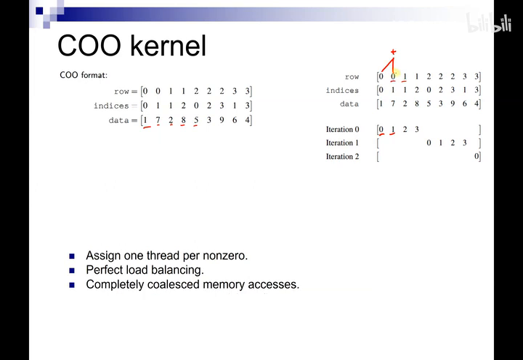So as an example, if you have these 2 threads, when they're being paired, they actually should not add together their values because this value is from row 0 and this is from row 1. Now these 2 things should get added because they're both from row 1. But for this pair of nodes, they don't add because they're from different rows. These 2 things are going to add because they're from the same row, and these 2 things are going to add because they're from the same row. The 2, 3 don't add, and the 3, 3 they do add. Okay. So then after this happens,